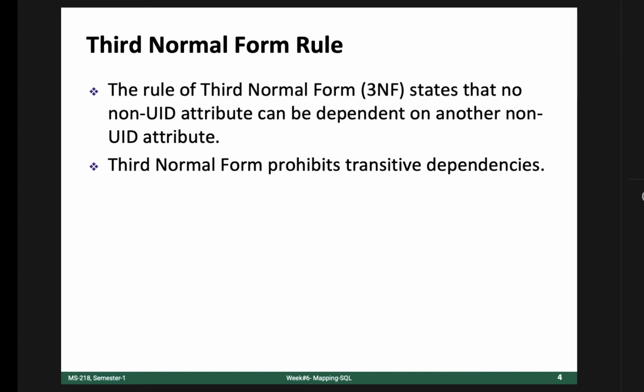So there shouldn't be any transitive dependency if you want to create a database and you want to say third normal form. There are so many normal forms: fourth normal form, fifth normal form, and BCNF, and so many, but they are 20-30 years old textbook normalization forms. No one is using them nowadays.